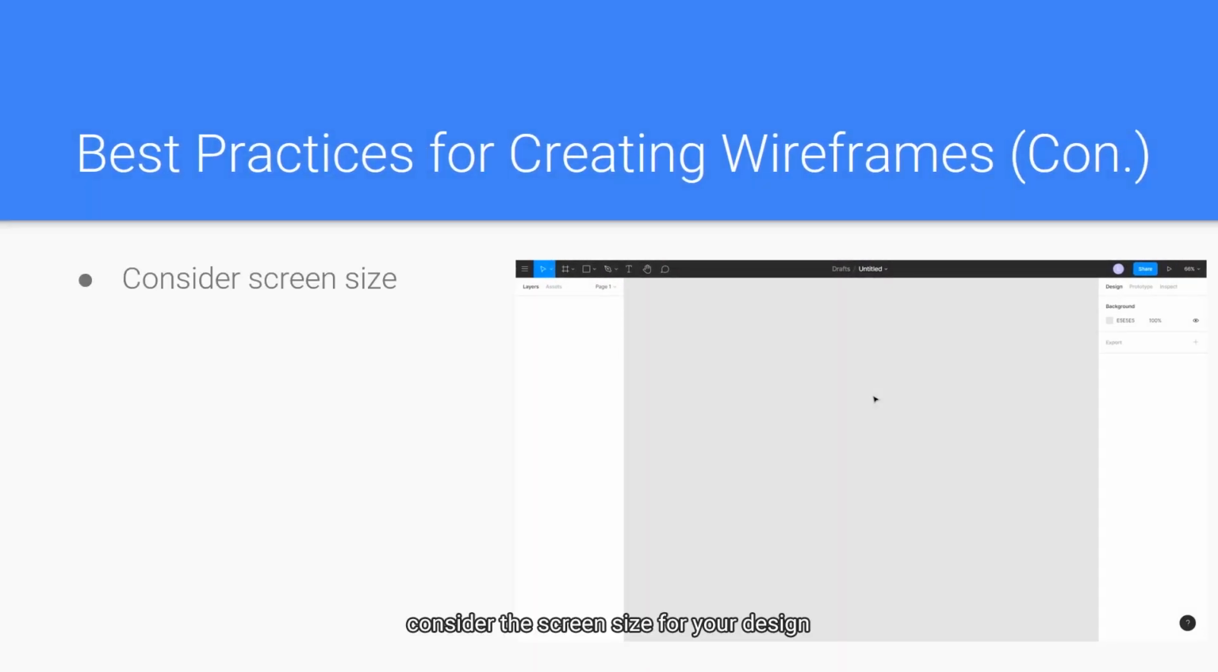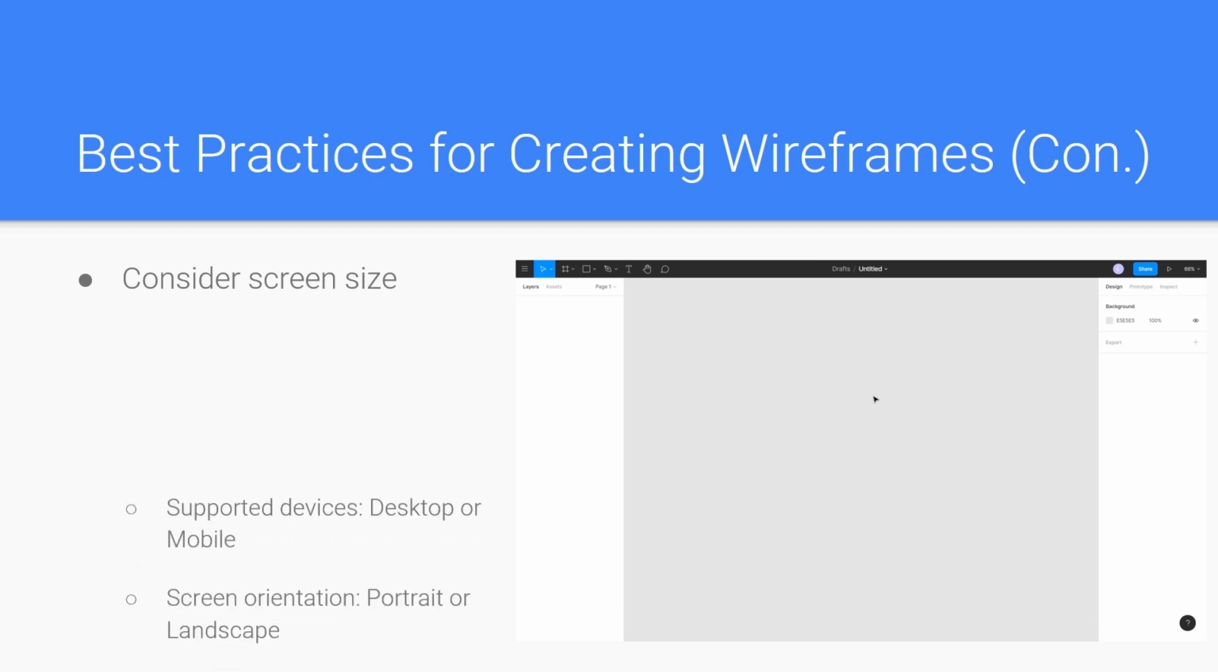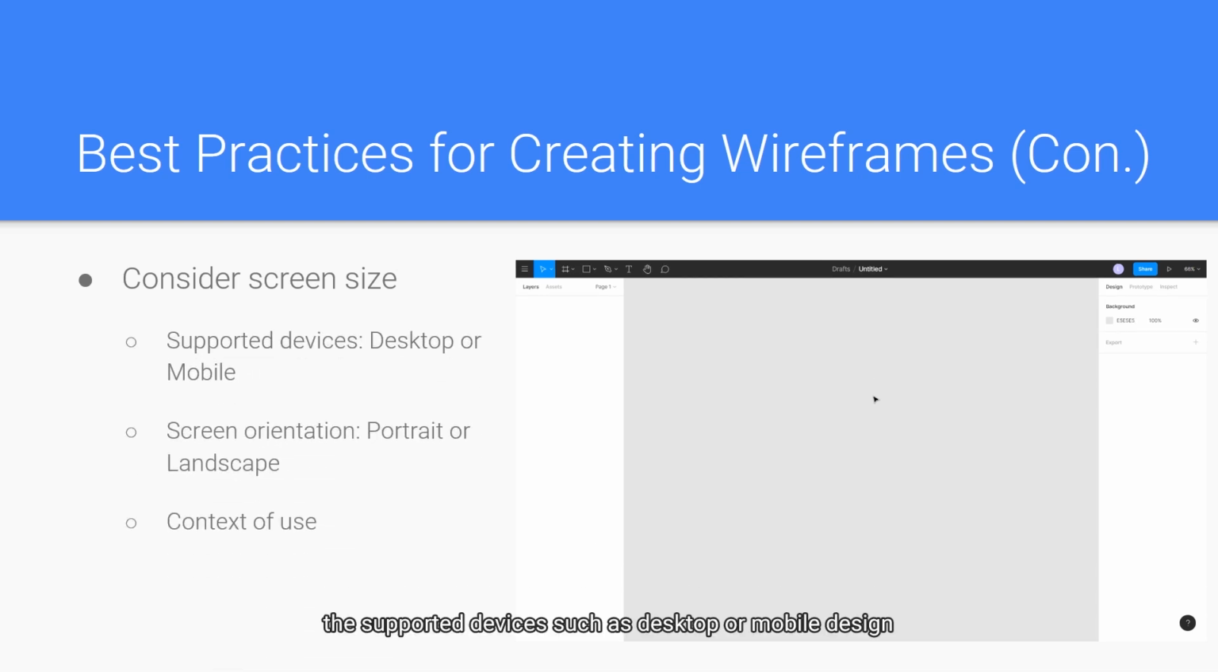Lastly, consider the screen size for your design. Wireframes should be equally creative and technical. Consider the many different places, stages, and where your design might be used. Three questions that might drastically influence your wireframe or version of your wireframe include the supported device, such as desktop